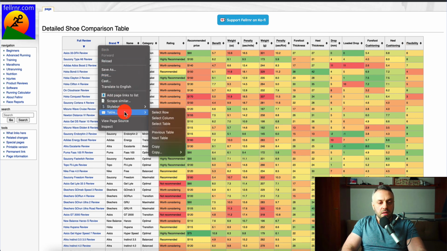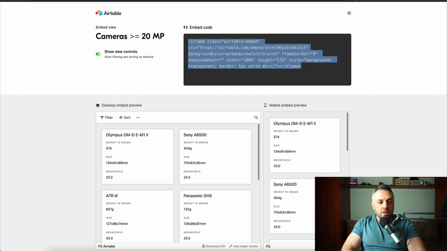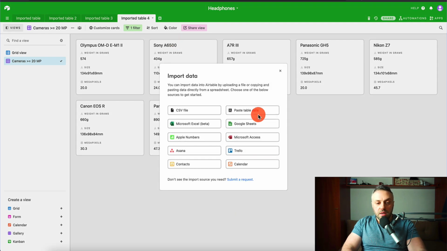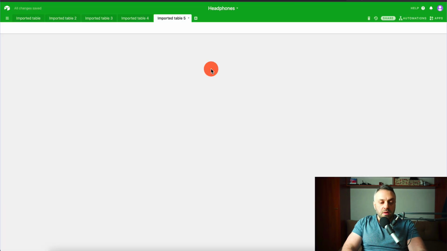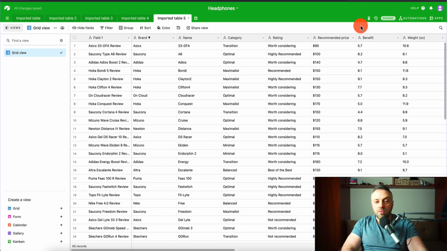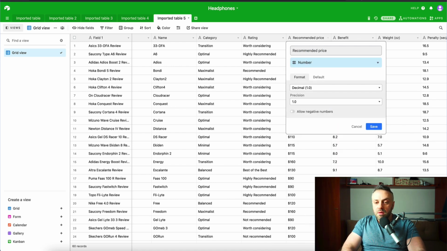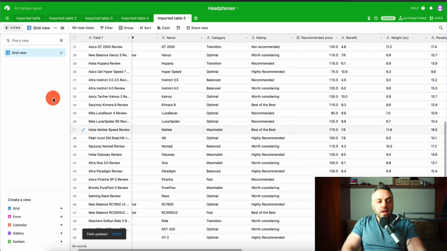So we can select the table, copy the text, and then we can go back to Airtable. Where's our Airtable? We're going to click plus, create, import data, parse table data, paste it here, 60 rows and 18 columns, import, paste the data, and what do we have? We have the perfect thing. And then you can create a filter on the price. You just have to double click on it and make sure this is a number. If you pick a number here, you click on save, click on convert, and now we have the recommended price, and you can create a view